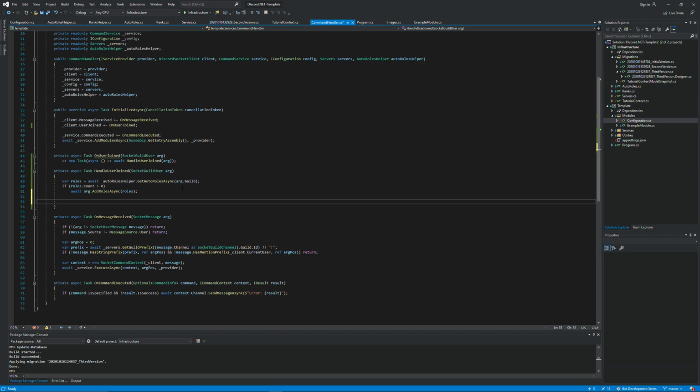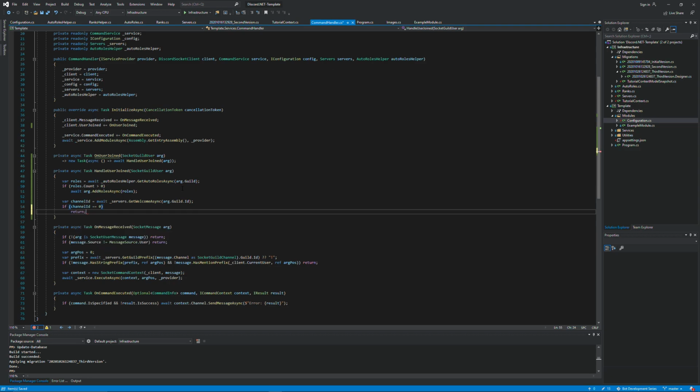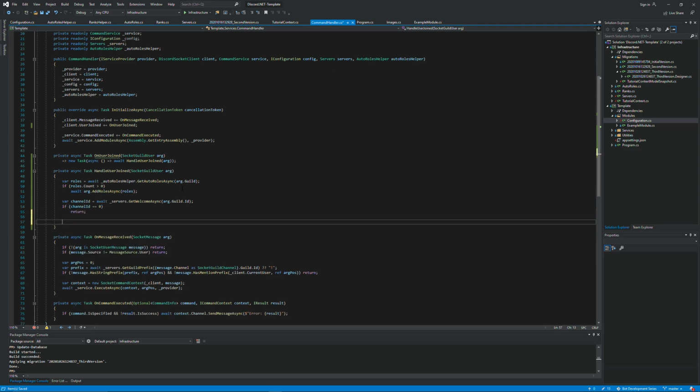Now what we want to do is see if there is a welcome channel set. So what we can do here is say var channelId equals await _servers.GetWelcomeAsync, and we pass in the arg.Guild.Id. Now if the channelId equals 0, then we return, nothing else should happen. But if that's not the case, we want to make sure that the channel actually still exists. So what we do then